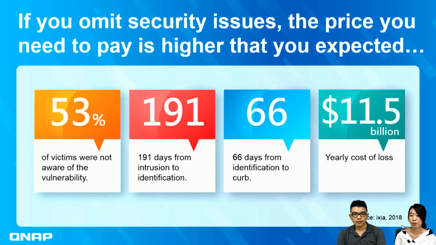And as we can see, over 50% of victims were not aware of the vulnerabilities, and it takes 191 days from intrusion to identification, and 66 days from identification to clearing. So we take a lot of time. Then we have to pay around 11.5 billion to solve the hackers' problem. So if you omit the security issue, the price you need to pay is higher